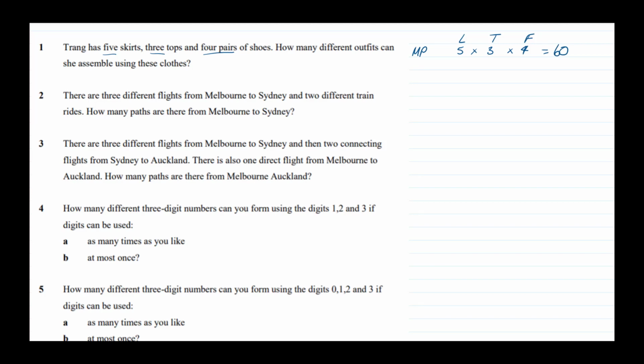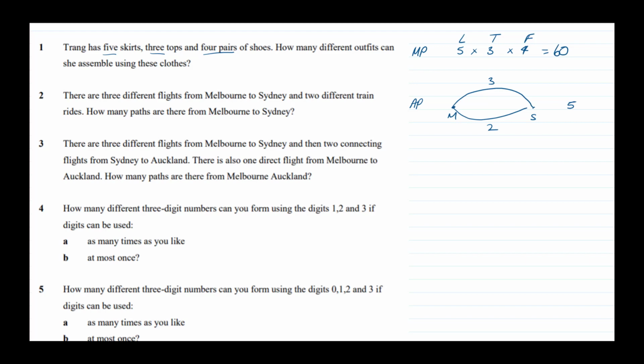Question 2. There are 3 different flights from Melbourne to Sydney, and 2 different train rides. How many paths are there from Melbourne to Sydney? Okay, so 3 different flights from Melbourne to Sydney and 2 different train rides. Well, this looks very simple to me, like an additive principle, AP. So here's our Melbourne, here's our Sydney. We can either get a plane, there's 3 of them, or we can get a train. And there's 2 of them,